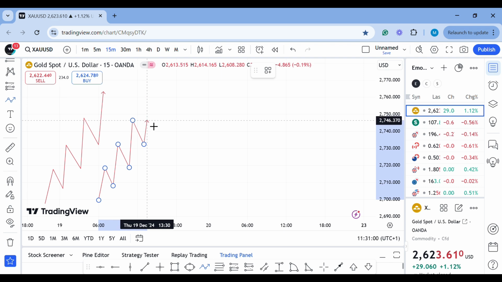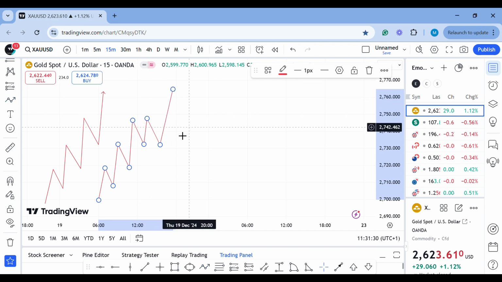It will come back to create an equal high, and then another correctional move that will fail to break here. It will come back to respect the same low, which is an equal low. And then what you should expect next is that the next impulsive move should break these two highs, something like this. So this usually happens when the market is